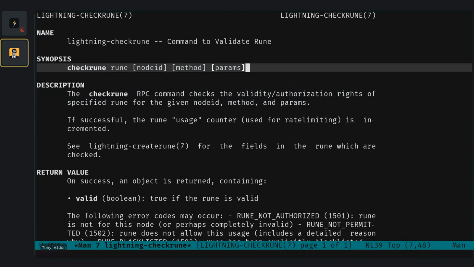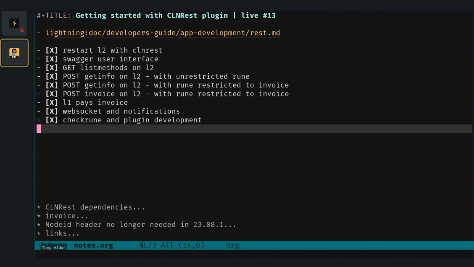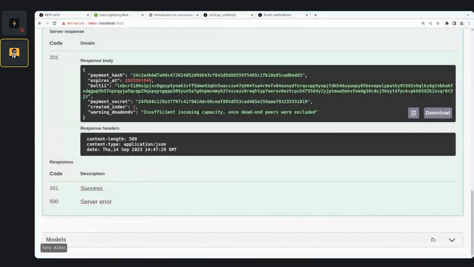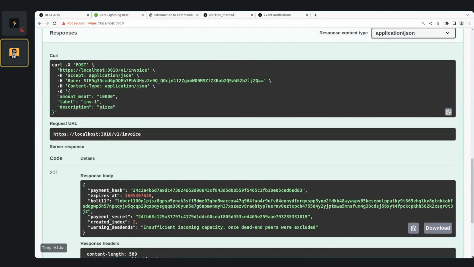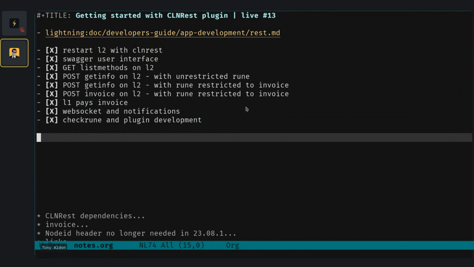And maybe we can look right now at check rune with the rune that we have. Where is it? So we have that rune. Okay, it is there. Can I double click? No. I have to select it like that. So okay, we have that rune, and now